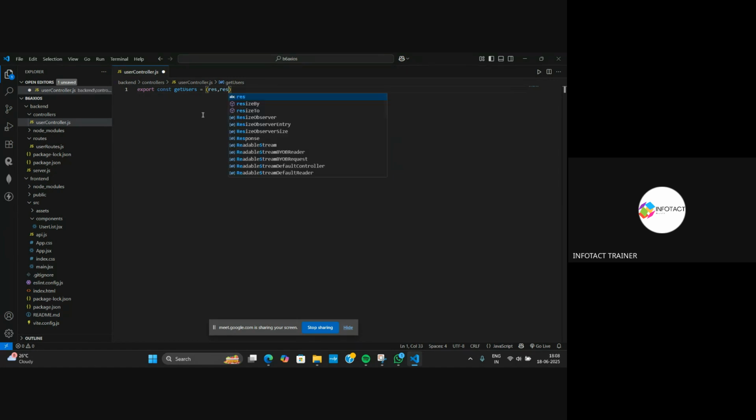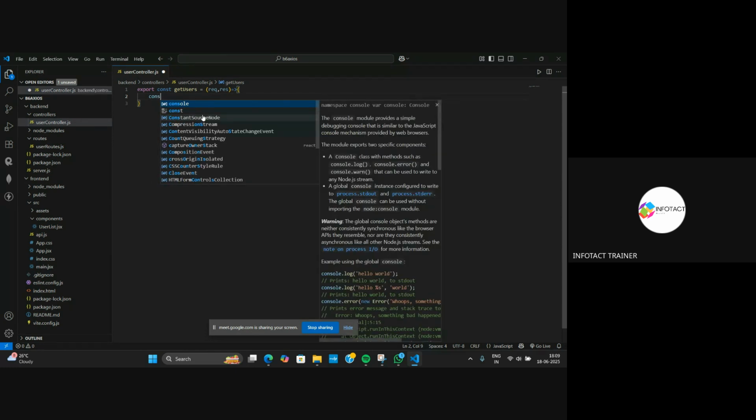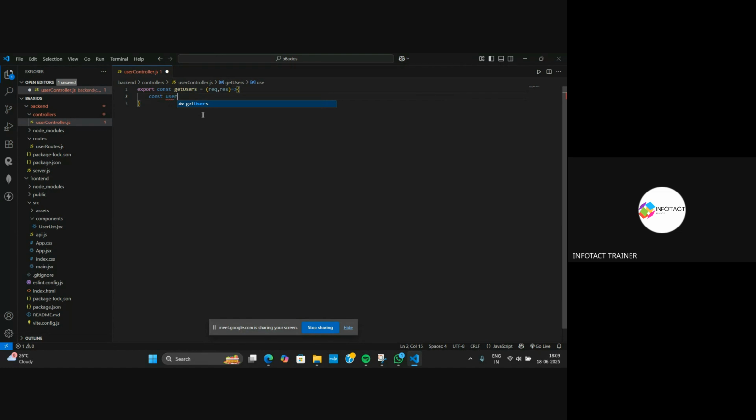Inside this arrow function, I will make a variable that will contain an array. The name of the variable is going to be const users is equal to, and inside the array I am going to store some objects,